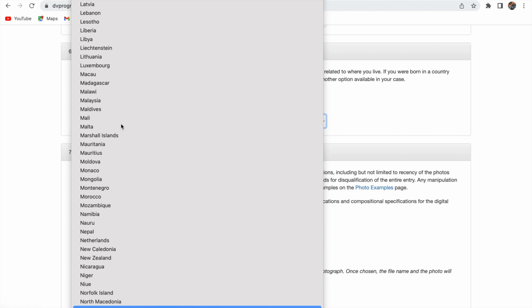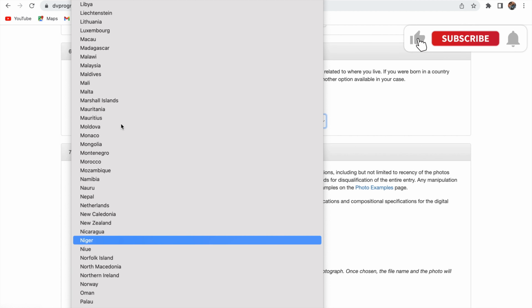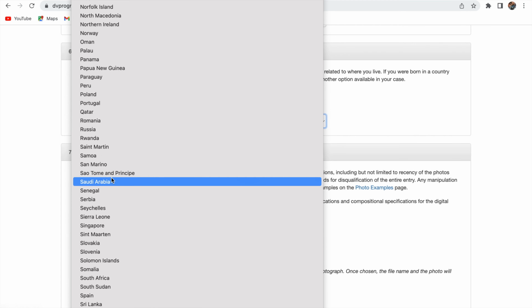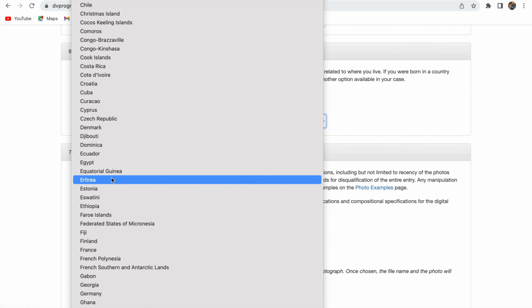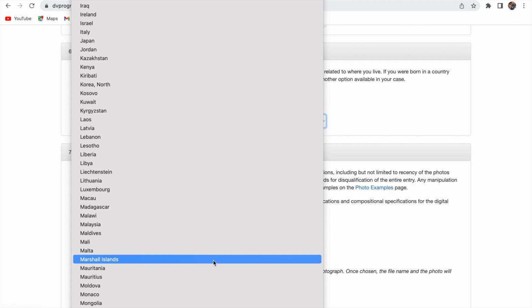Where's Nigeria? I think there is no Nigeria in here, which means there is no eligibility for Nigeria. So for the country that you are in, you just look for it and see which one best suits. As you can see, Nigeria is not part of it. So then probably you have to...